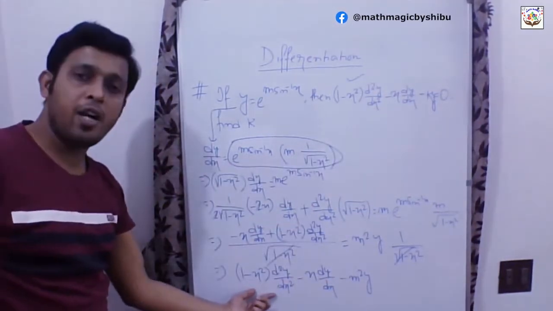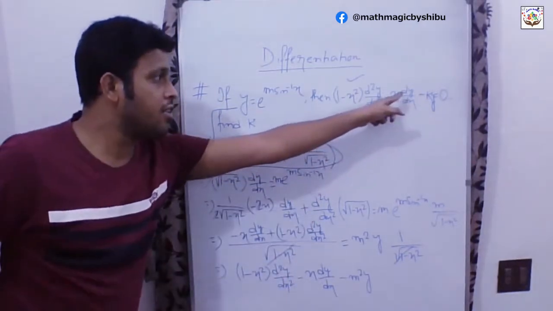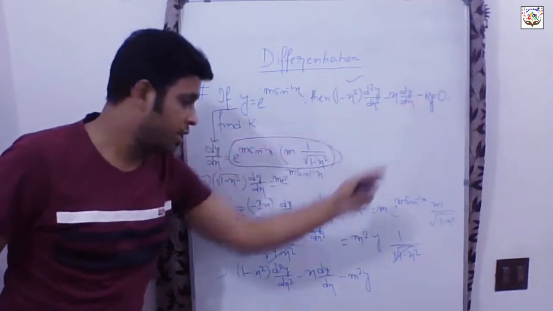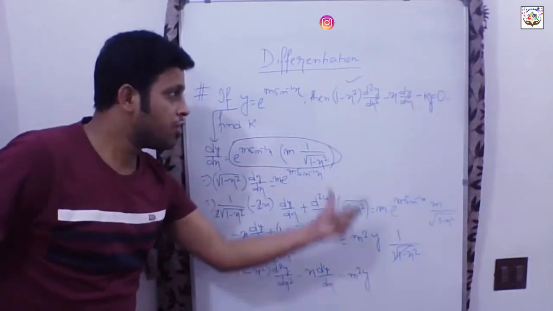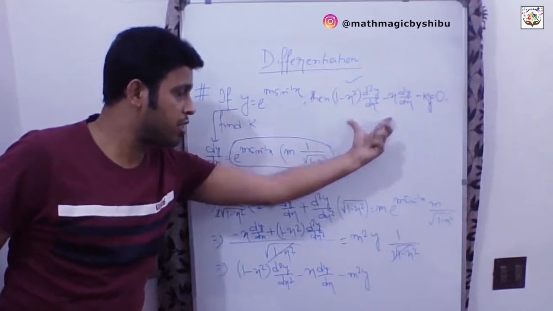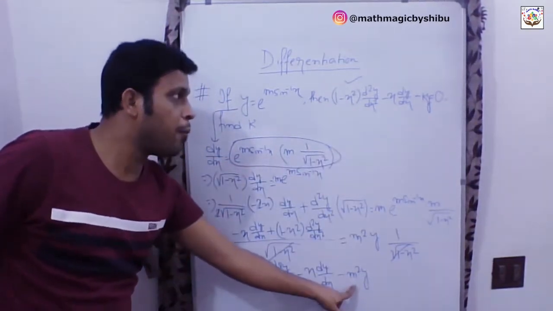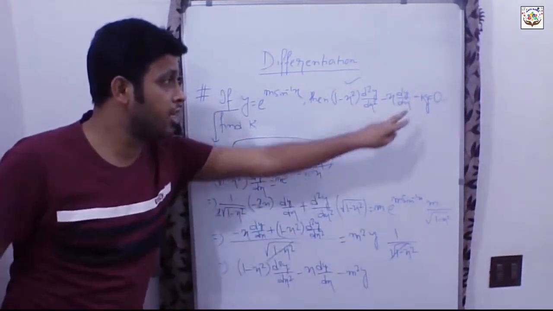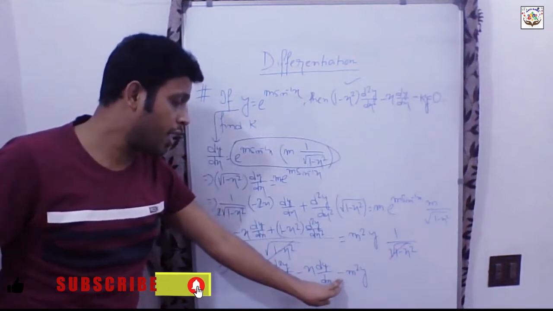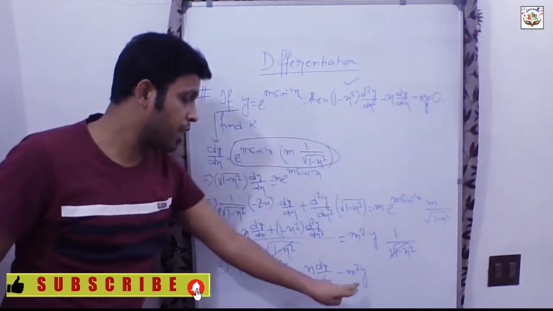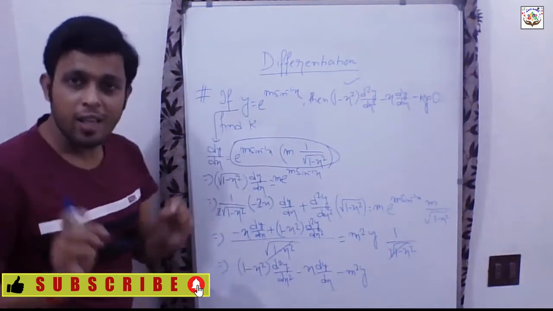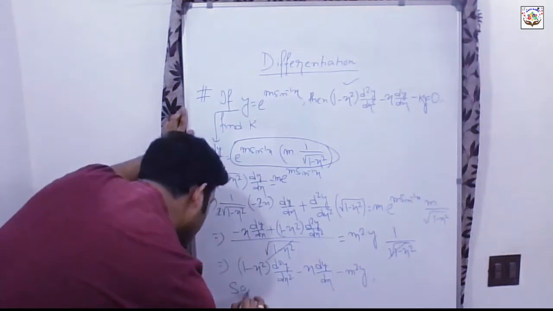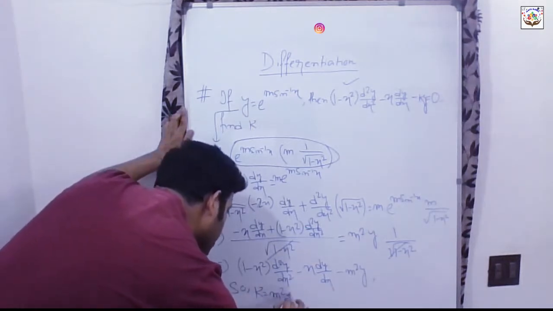So now you compare this line with the resulting expression. We have 1 minus x square d2y by dx square. We have minus x dy dx. So we have minus x dy dx, and we have minus k into y. So we have minus m square y. As you can see, if you compare the resulting expression with the solution, the k will be minus m square, because here is a minus sign. Sorry, k will be m square, because there is a minus sign before k also, and there is a minus sign here also. So k can be termed as m square. So m square is the right answer.